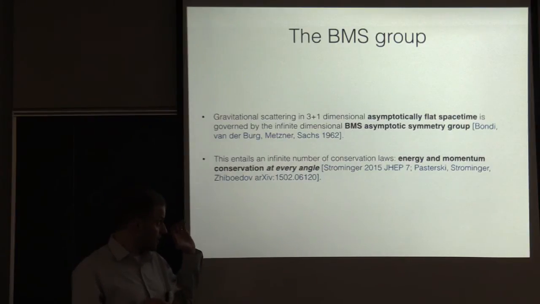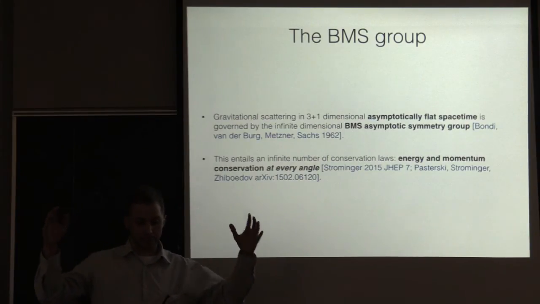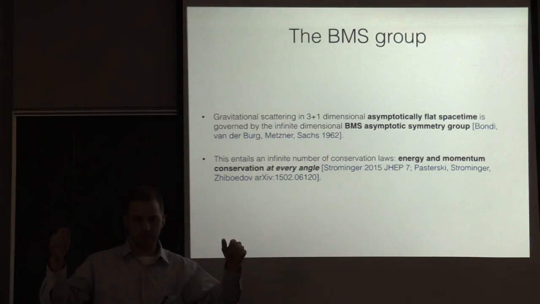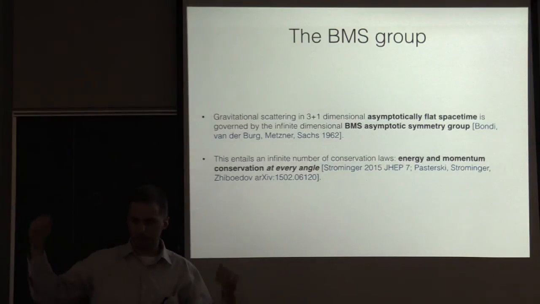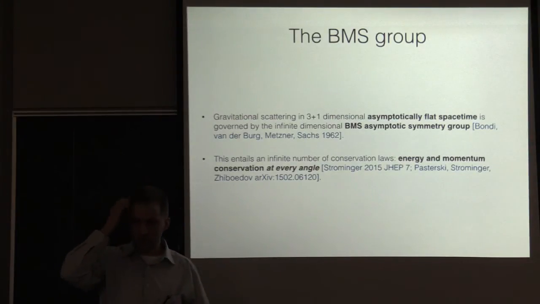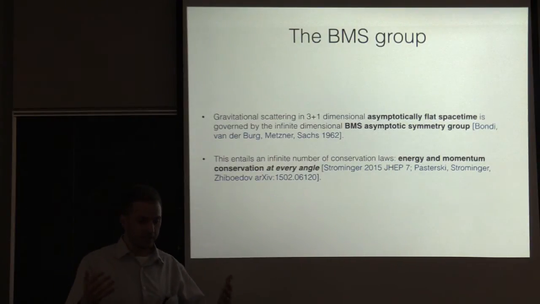But they showed mathematically that when you scatter particles, you also excite boundary degrees of freedom, which they called soft gravitons. When you include the boundary degrees of freedom with the ordinary energy and momentum, then everything works out so that energy and momentum are conserved at every angle. And they related this to some physically observable, measurable things like the black hole memory effect.